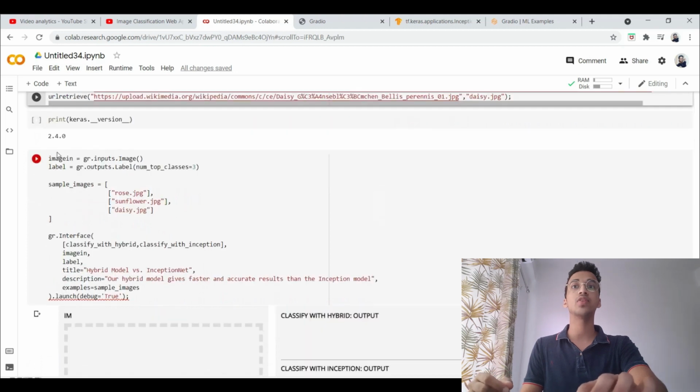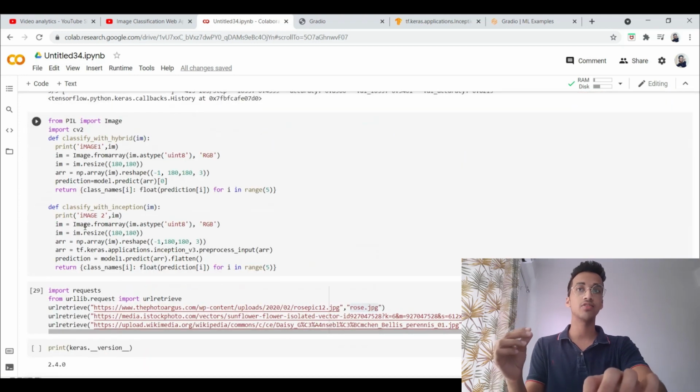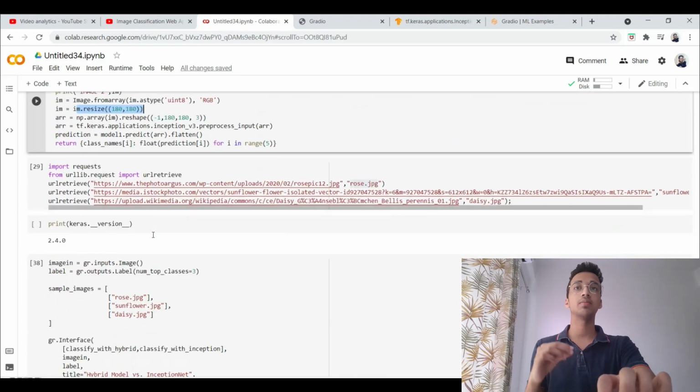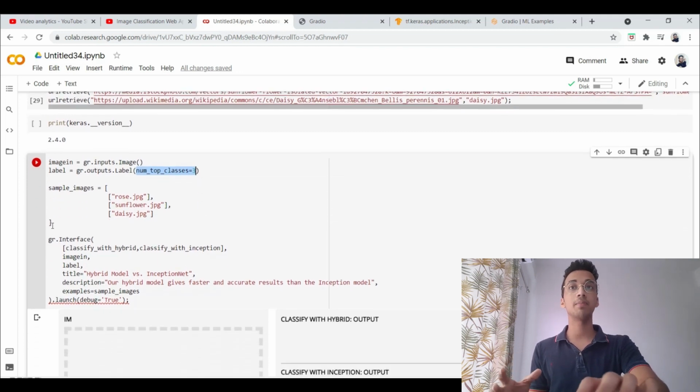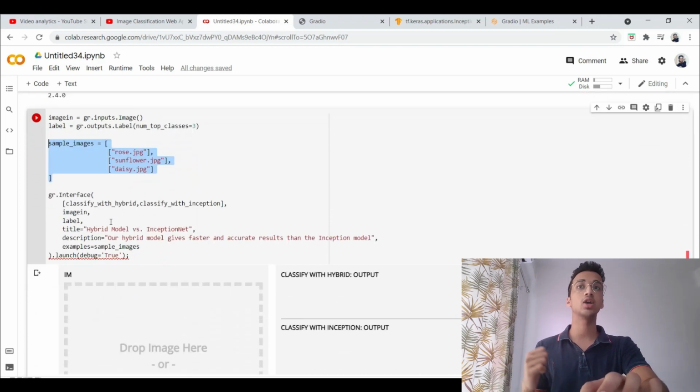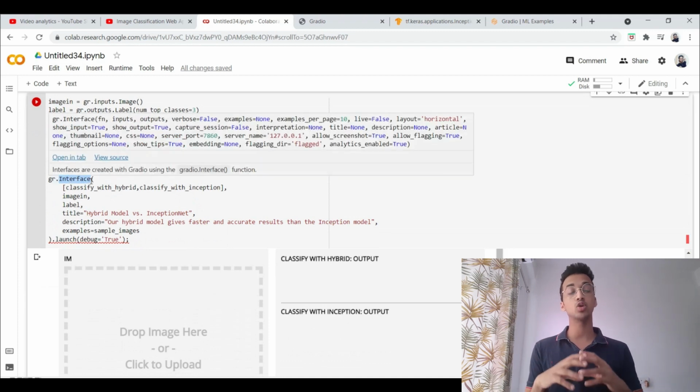Now I simply have to define what my input is, right? I do not have to give any input shape over here because I've already done that in my functions, and I'm mentioning that in my output that I only want the top 3 classes with the highest probability. Here I'm defining the sample images and that's it. I call the interface class, and in this case I accept an image and I give it to 2 functions, right?